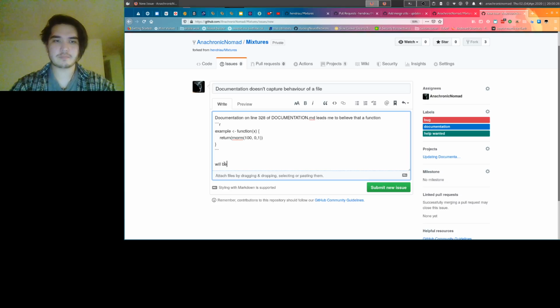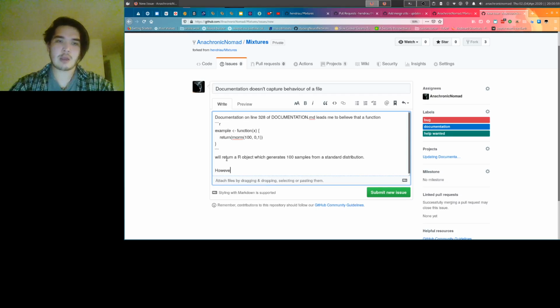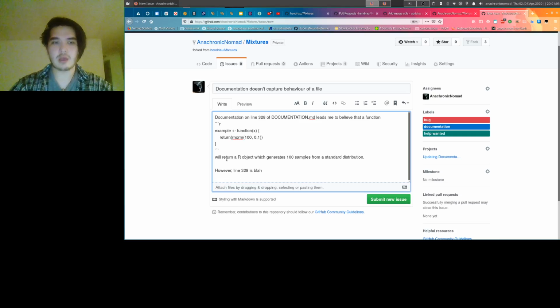will behave like, will return a R object which generates 100 samples from a standard distribution, right? However, line 328 is blah, and at this point,